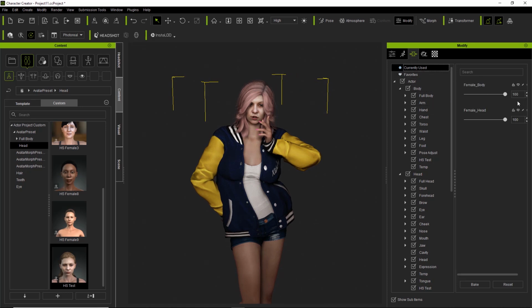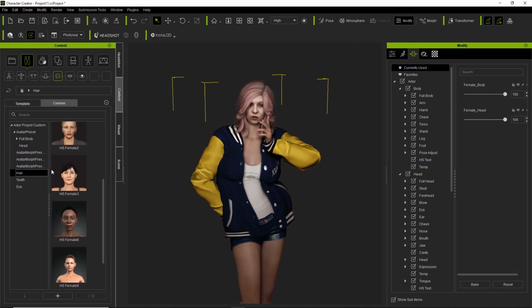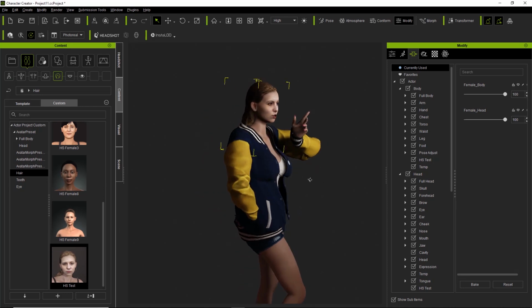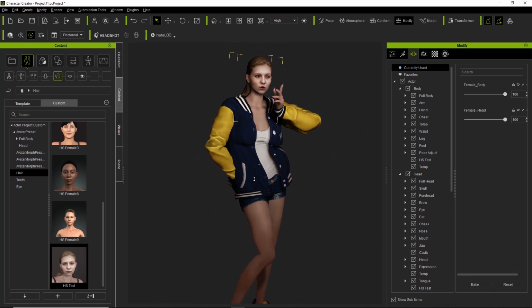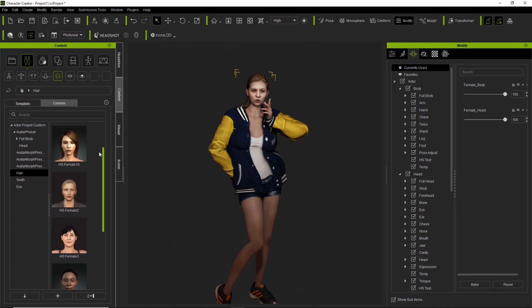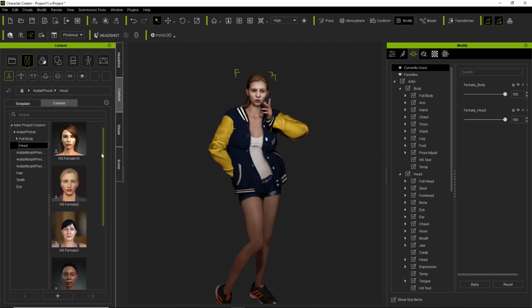And if we go to currently used, we can see female head, take it back to the androgynous one or the custom one that we created. And if we want to apply that hair, we can apply that separately again by going to hair and replacing that same hair that we had as well. Okay, so there's our character, just different clothing, but the skin color and facial morphs are all the same.